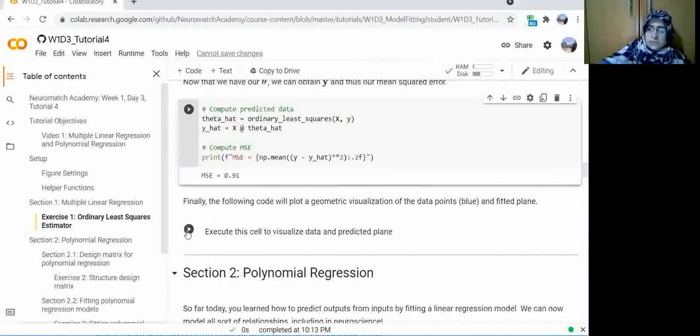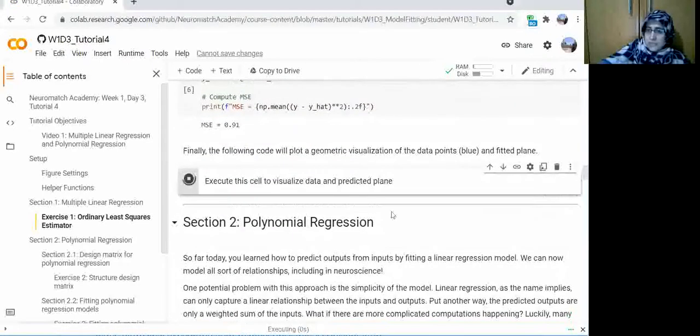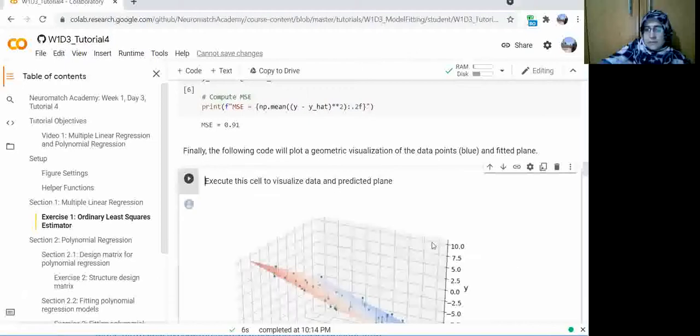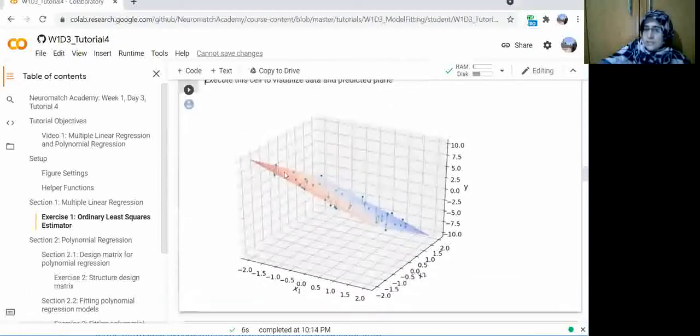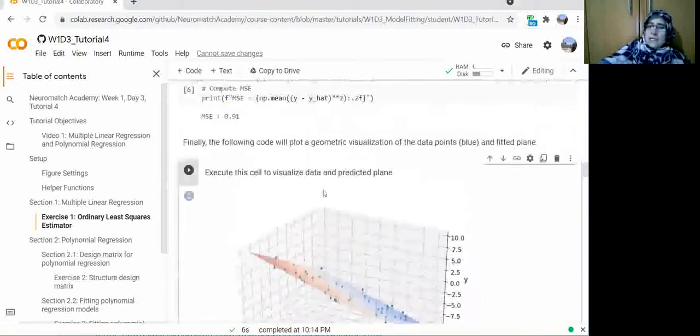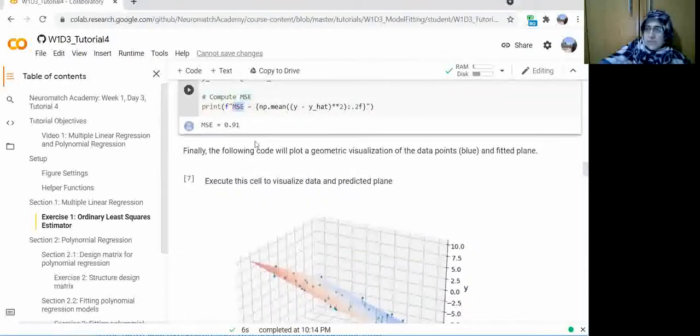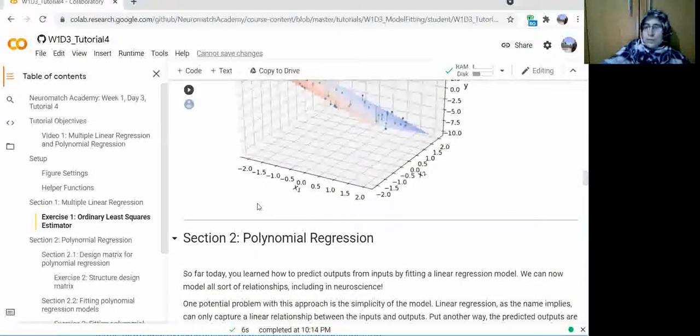So let's execute these cells to visualize the data on the predicted plane. And here it is. As you can see, we have our points, x1, x2, and the predicted plane. And as you can see, the distance between each dot and the plane is the error. And we have computed MSE based on that. So up to here, we